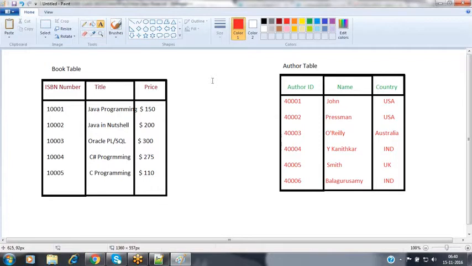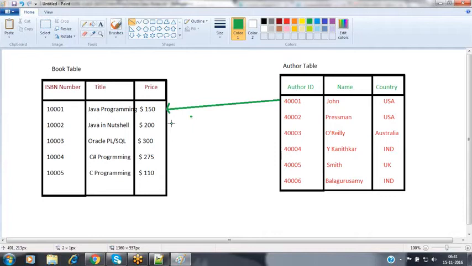Now observe this here. When coming to this book, the Java programming book, it has been prepared by various authors.